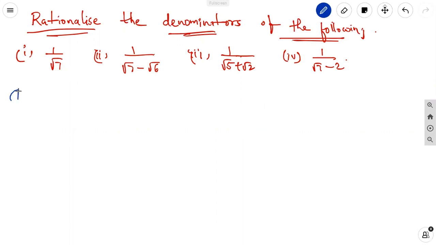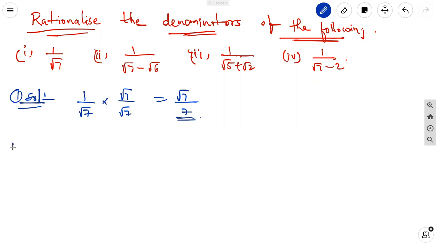Here we are taking the first problem solution. Rationalize means we take the number that is in the denominator and multiply it with the numerator and the denominator for the irrational. Then 1 into root 7 is root 7, and root 7 into root 7 is 7. This is the rationalization if the denominator has only one irrational number.